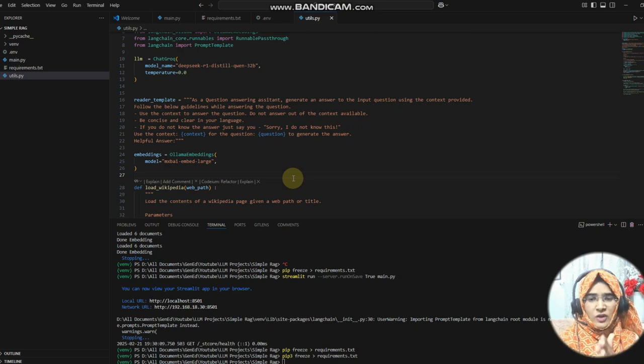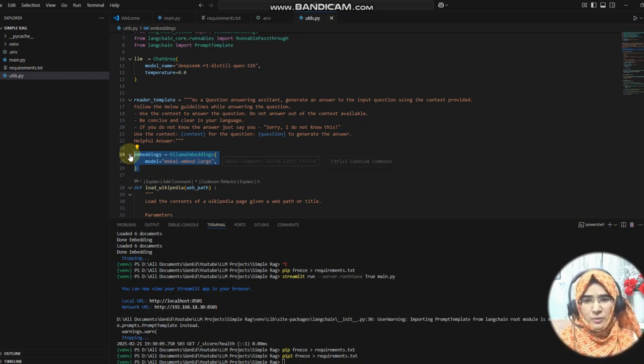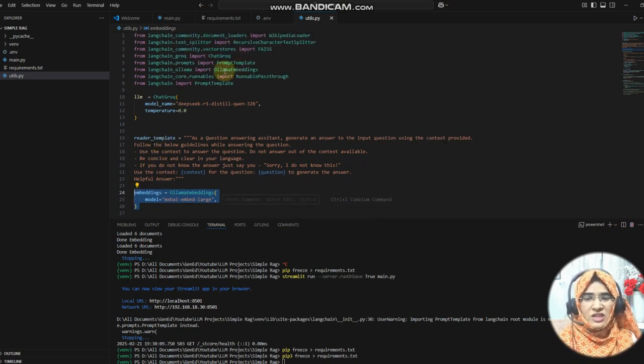So what we are doing is taking our text and converting it into a vector, and that vector is created by some embedding model. So we are defining that particular embedding model. That can be a Hugging Face embedding model, an OpenAI embedding model, or any other embedding model that you know. You can use that. But currently we are using Ollama embedding, which comes from LangChain Ollama.